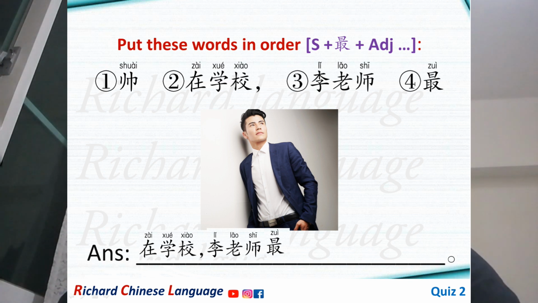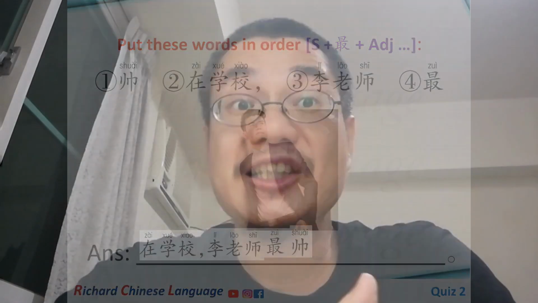Okay, very good. And then we use an adjective. Number 1, 帅. Okay, so the correct order is 在学校，李老师 the subject, 最帅，最 then plus an adjective. 在学校，李老师最帅。